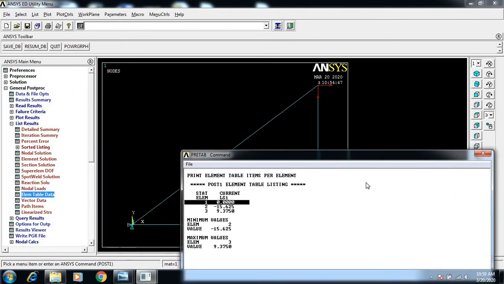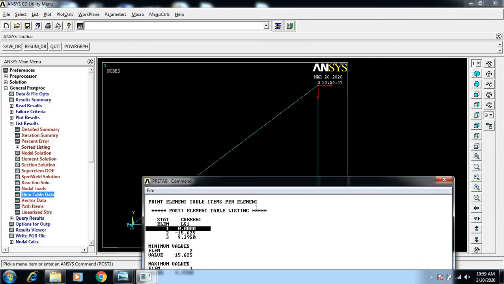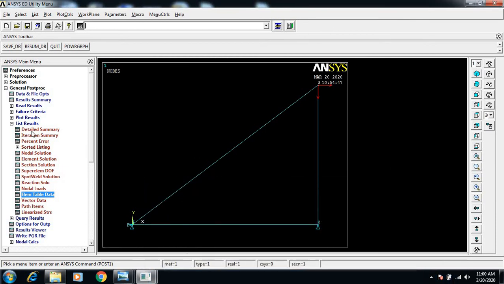If you have a look at this, element 1, because there is no load acting on it, the stress on that one is 0. Whereas element 2 is completely subjected to compressive load, so that is why minus 15. And element 3 is subjected to a tensile load, that magnitude is 9.3750. Copy down this table, particularly this which has been highlighted. We're going to copy down this table as well. Once you are done with this,